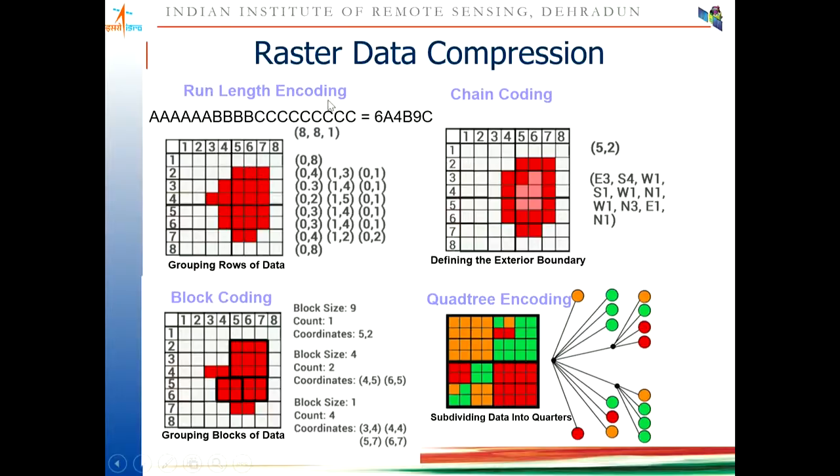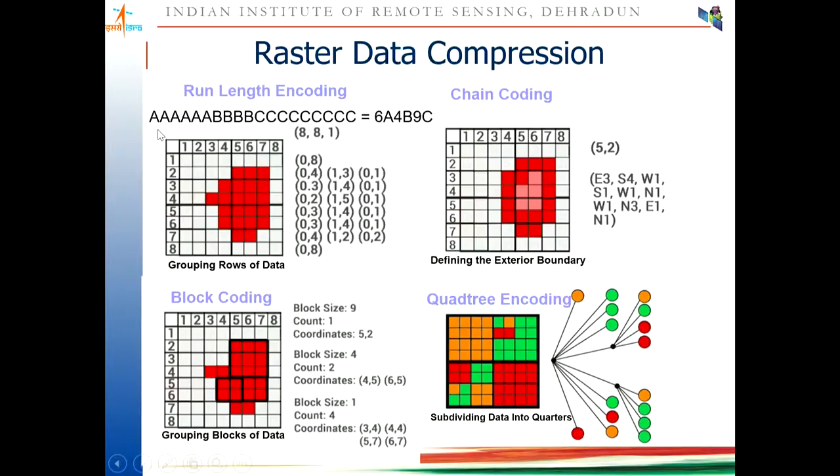One is called the run length encoding technique. In run length encoding, in a serial manner, you take a starting point and see how many times it is repeated. Let's say in this case we have an A which is repeated 6 times, then a B which is repeated 4 times, and a C which is repeated 9 times. So there are a total of 19 different grid values represented here, and if we represent each of those in a file, it is going to take some amount of